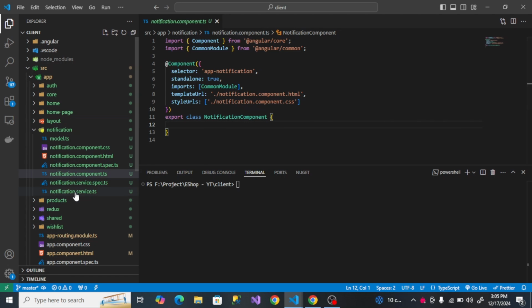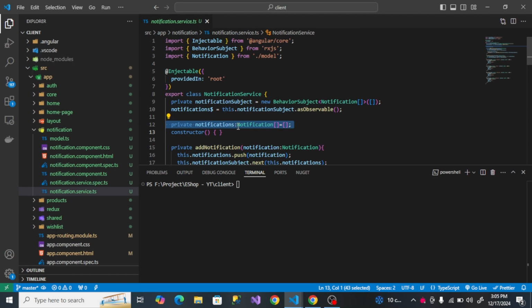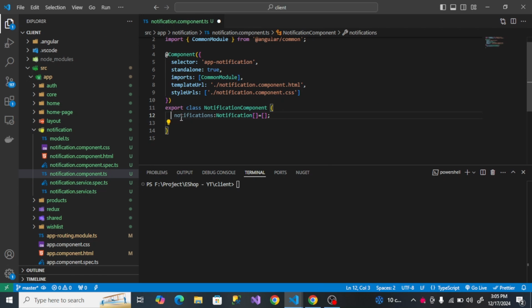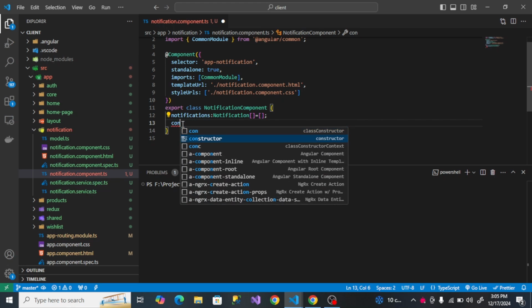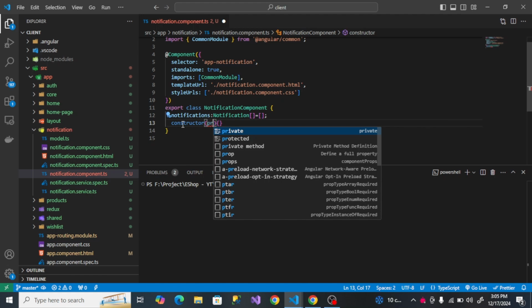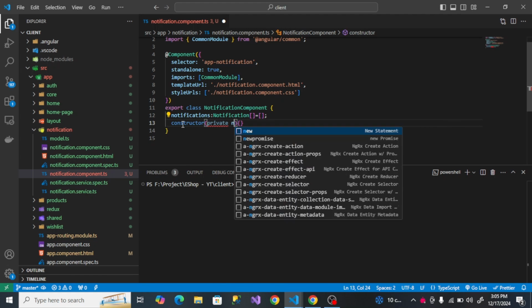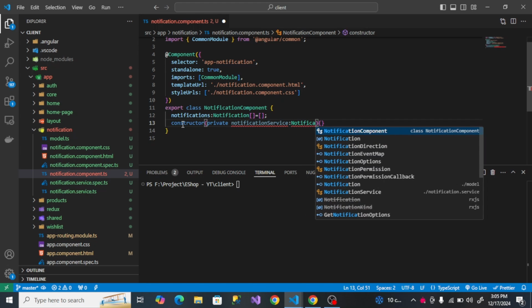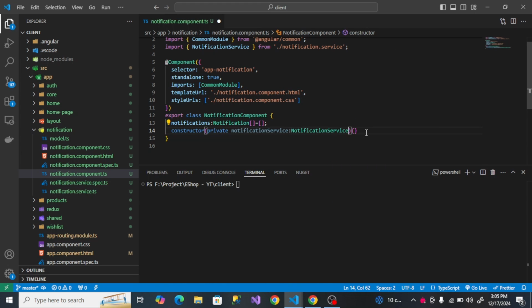In this same component, we are going to have one variable which will be notifications. It will be public, let's keep it public. Then in the constructor, we have to inject a private notificationService of type NotificationService. Okay, then